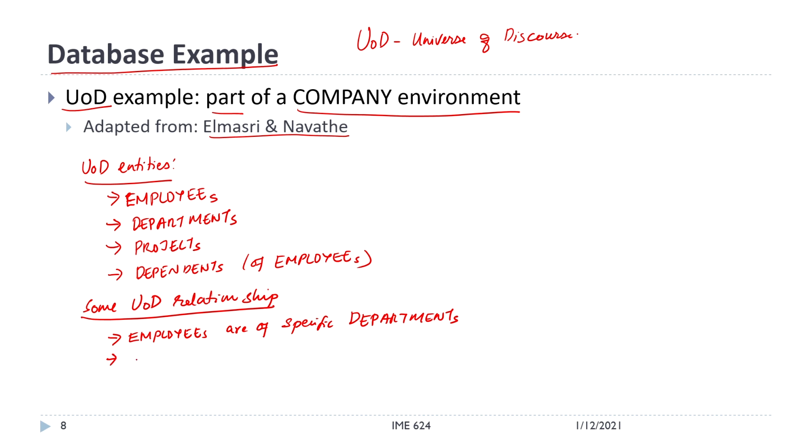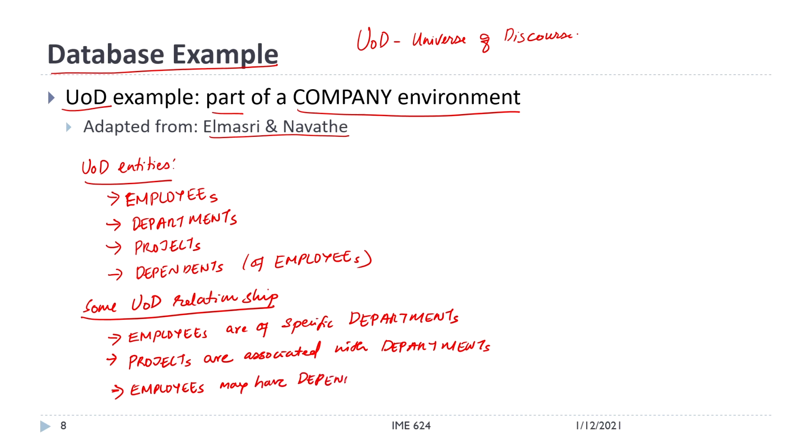one relation. Then projects are associated with departments. Okay. Then employees may have dependents. Okay. So, like this. So, in our case, I am just giving you a simple example where we can talk